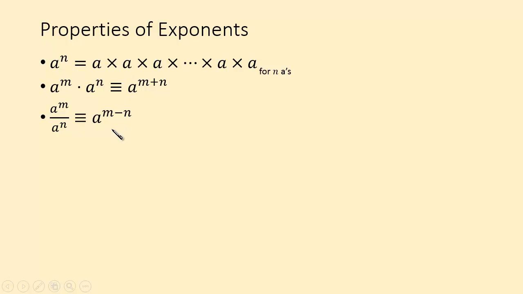So now we have 3 properties here. So our little list is growing. A to the m divided by a to the n is identical to a to the m minus n. So make sure you see the sense of this. This will be almost impossible for you to remember if you just memorize these by rote without getting the meaning